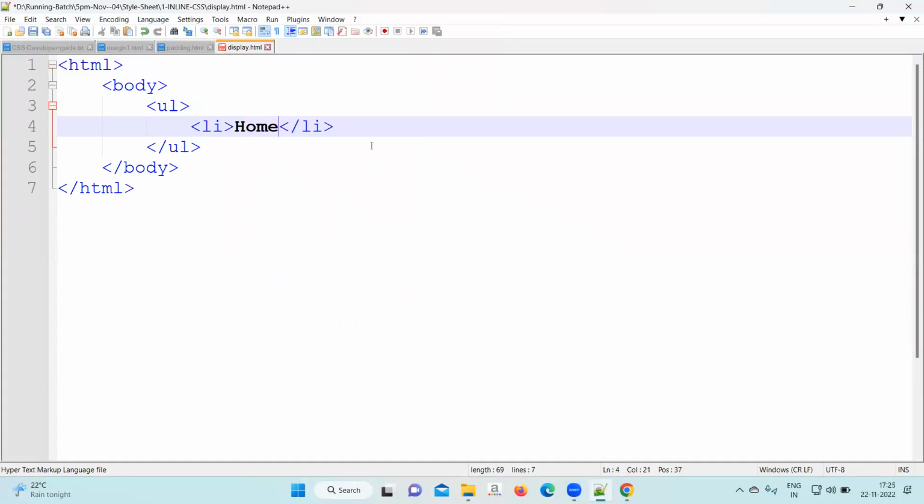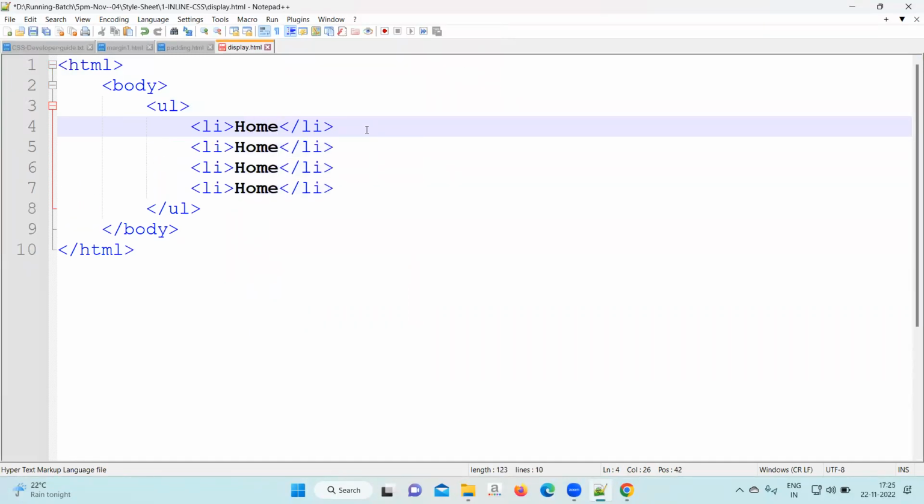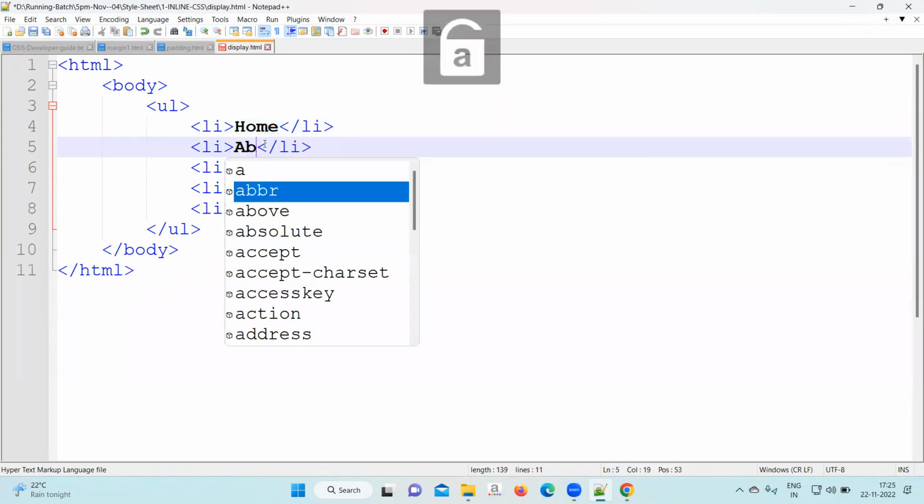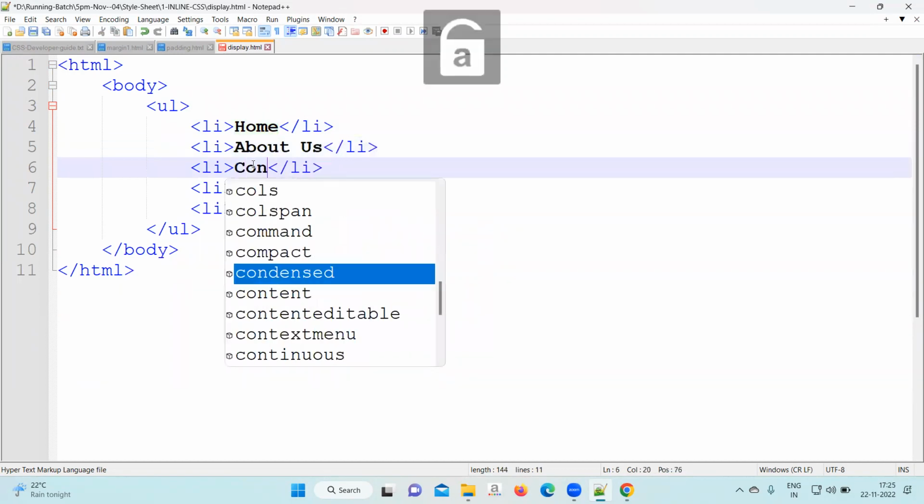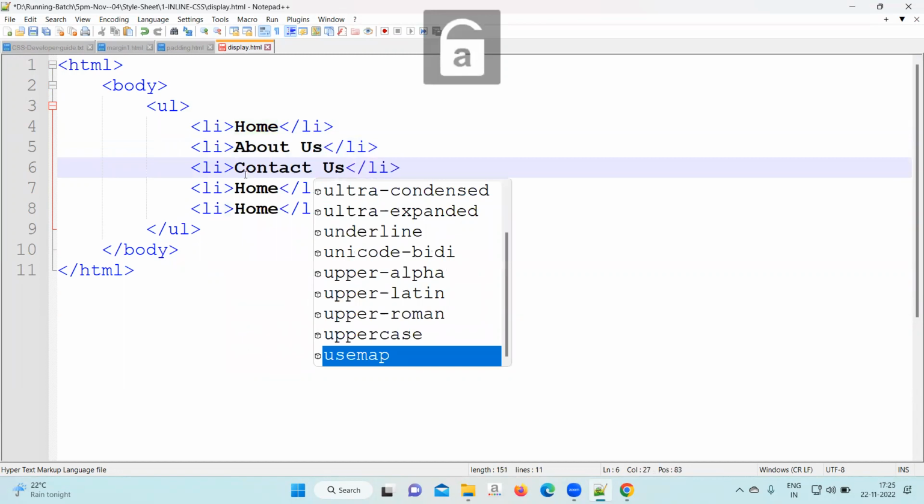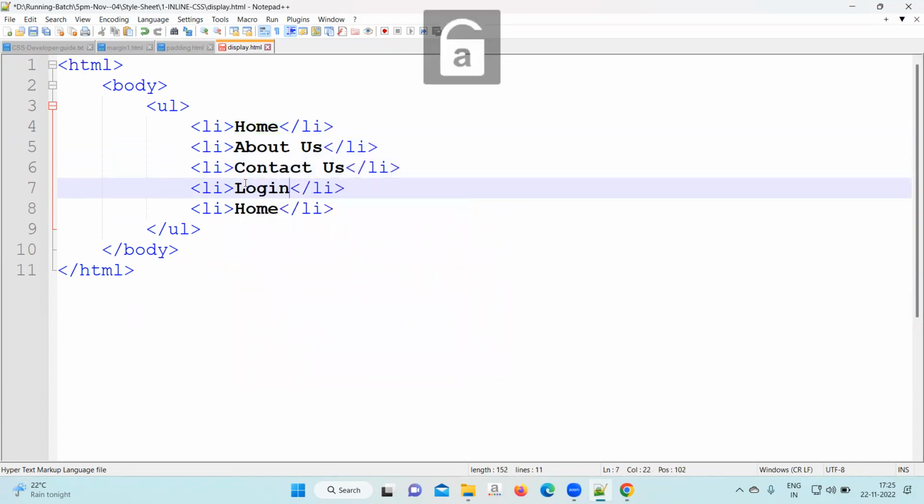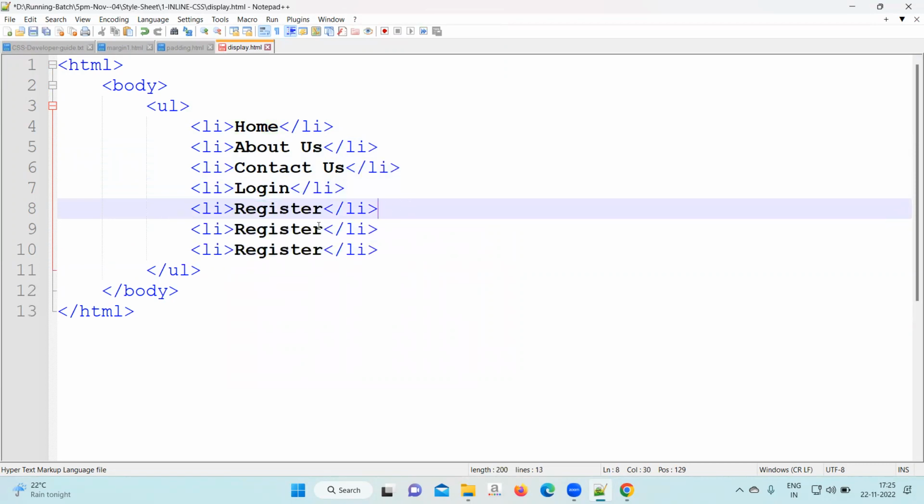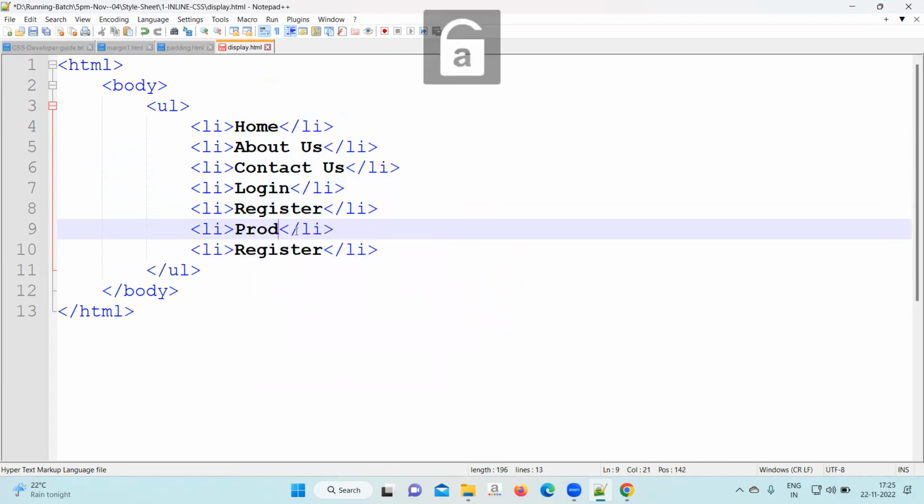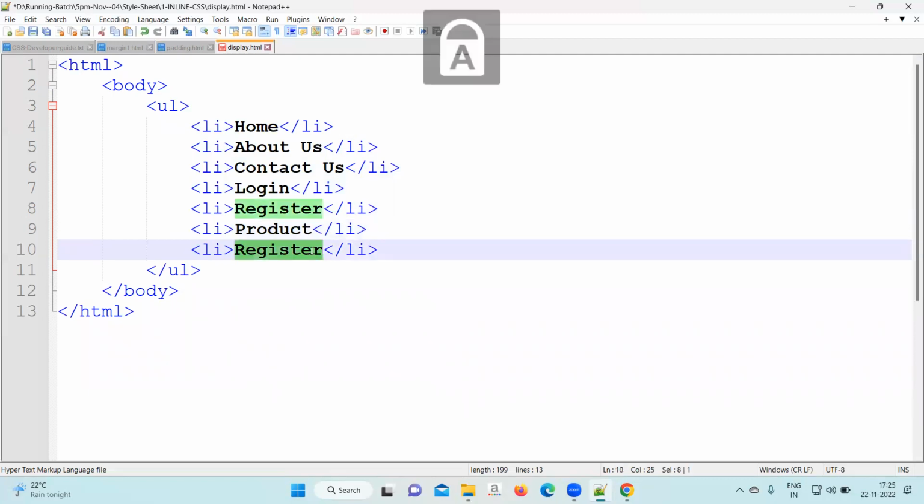Home, about us, contact us, login, register, product and service. Add all this. If you run it,